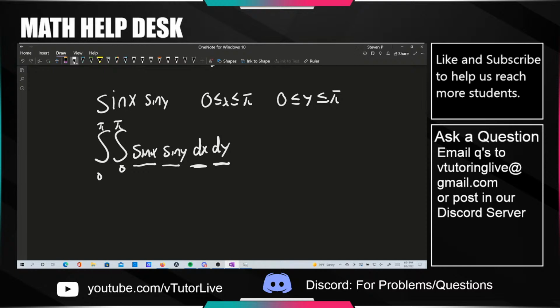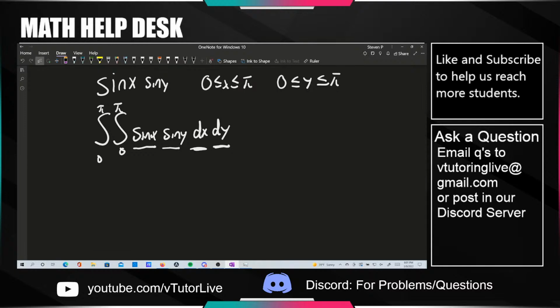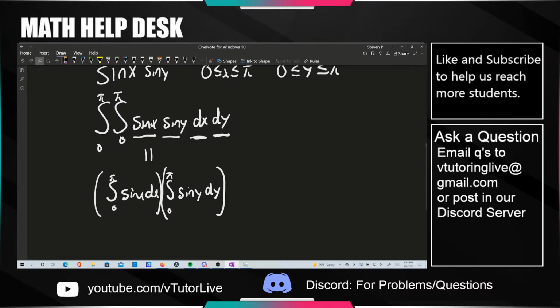And I use that word very loosely and maybe intuitively. Because they're not entangled, you can basically say that this is just equal to the integral of sine x dx times the integral of sine y dy, from 0 to pi and 0 to pi. And you can maybe write some parentheses to help you conceptualize it better. But each of these are integrals that you know how to do,